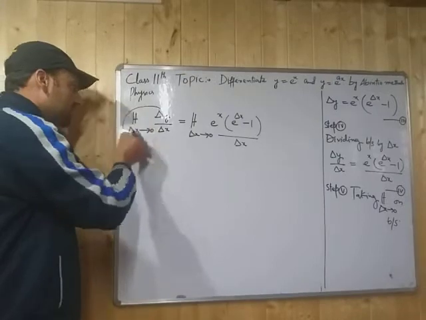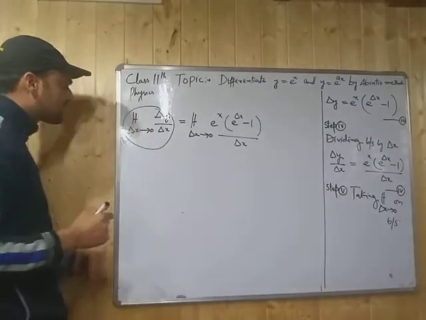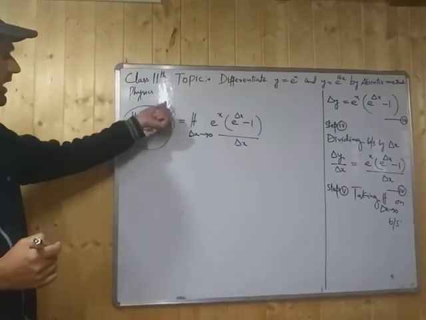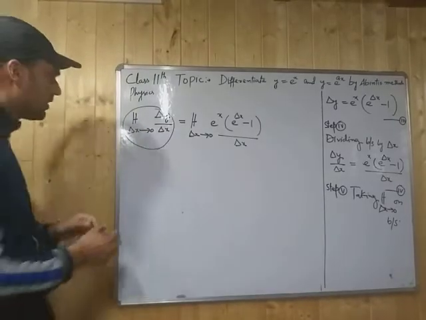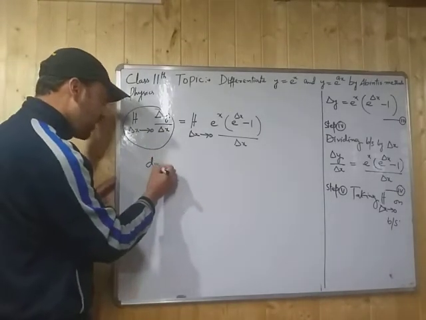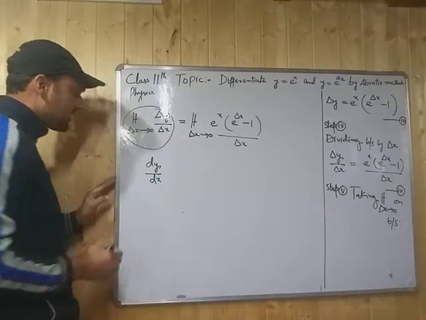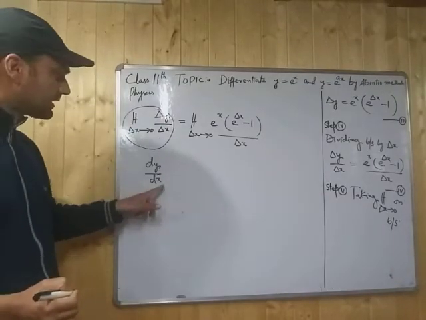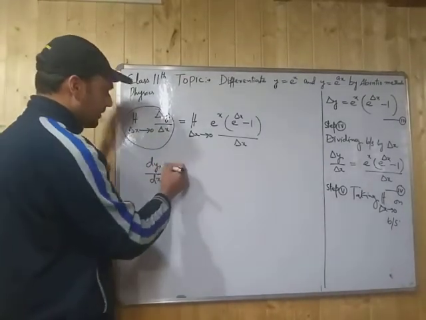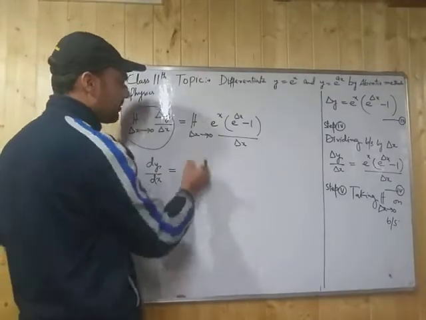ये हमने already discuss किया है. This limit del of x approaches 0, del y divided by del of x, that is equal to dy divided by d of x. It means that differentiation of y with respect to x, that is equal to, अब यहाँ पर देख लीजिएगा